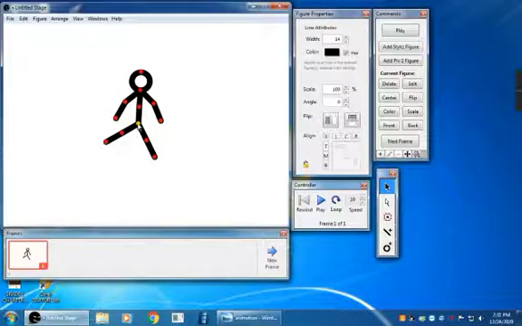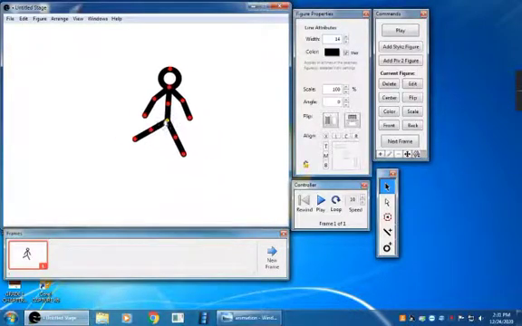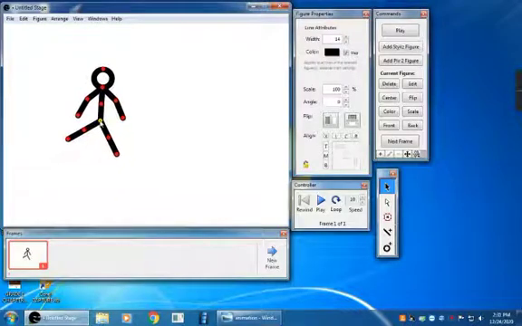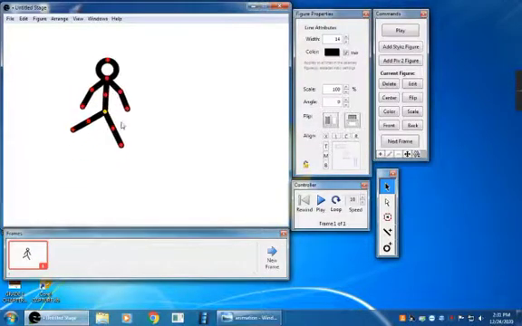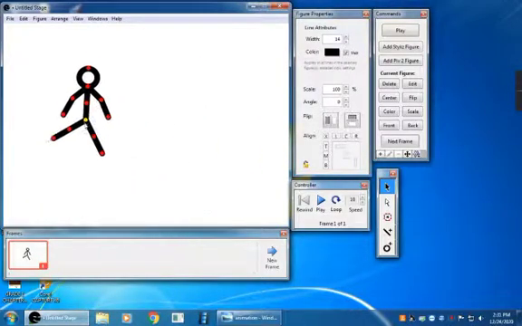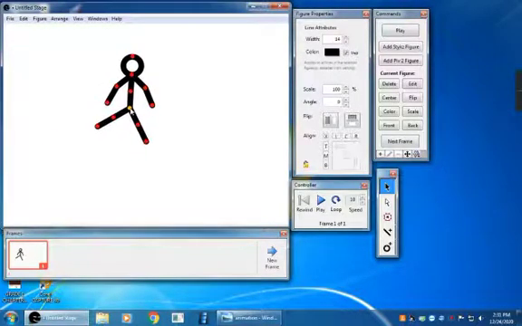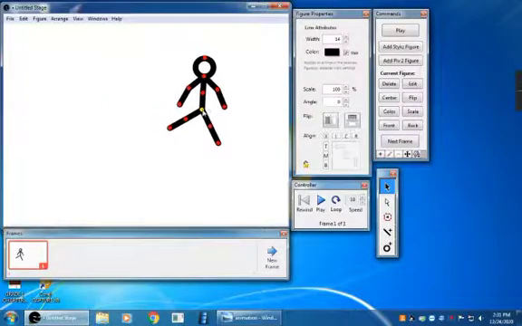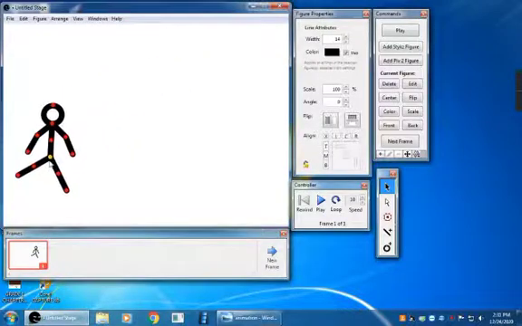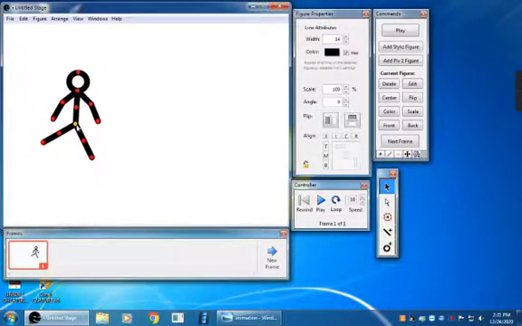The yellow color node is called the drag node, which helps to move the entire stick figure within the stage. To move it, just click on it and press the left mouse button and drag it, and if you release the left mouse button, it will be placed. This button helps to move the stick figure to different places. Now we'll see how to create animation.